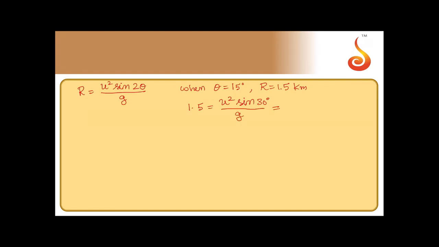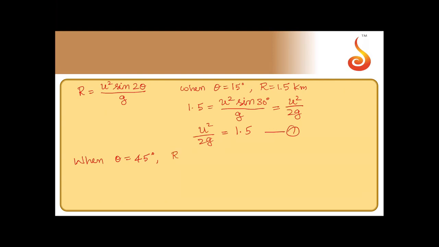So that will be u square by 2g. So what will we get? U square by 2g is equal to 1.5. Let us call it equation 1. This is when theta is equal to 15 degree. Now when theta is equal to 45 degree,